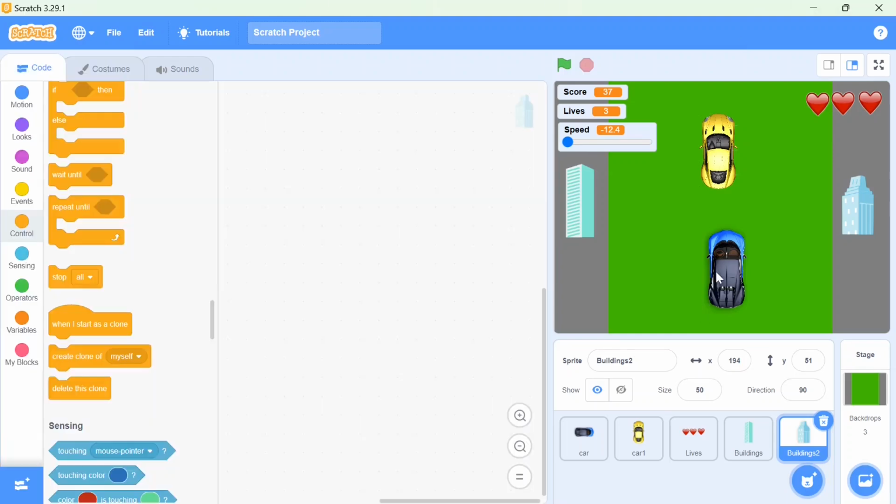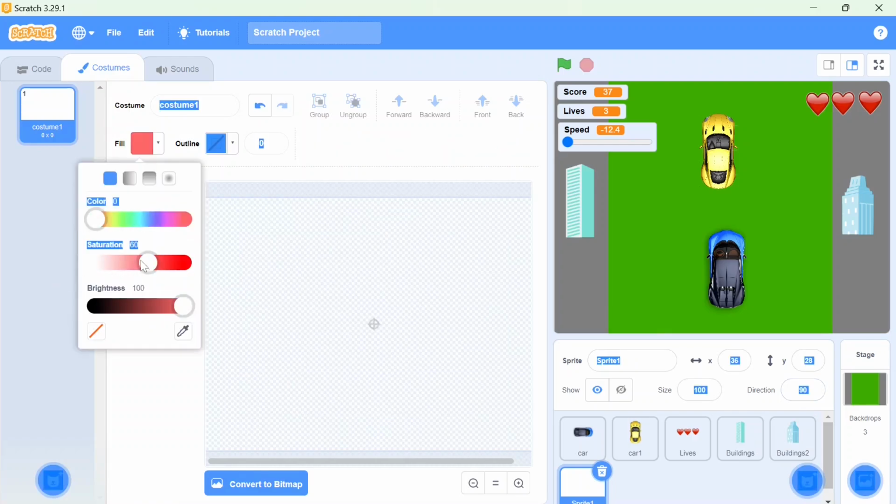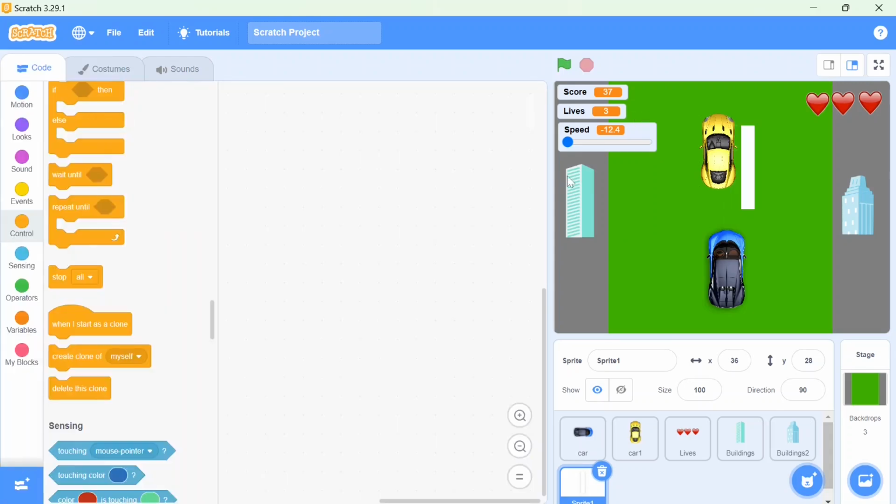Now one more important sprite I want to put over here, that is one white line which you can see on the road. For that I'm going to create one more sprite. Go to paint. I want the white lines, so for that I'm going to choose my white color. Okay, and now afterwards I choose this square and make it a shape. Okay, make it short and place it in between the roads. I make it a little small. Now I'll go back to the code and place it at the right position, and then I'll make it height.